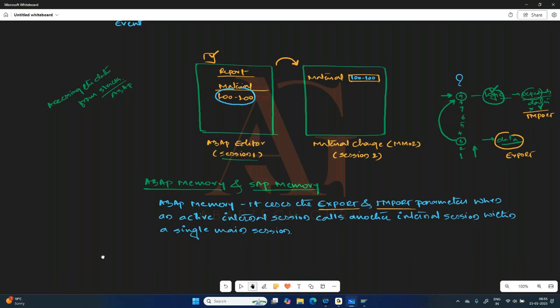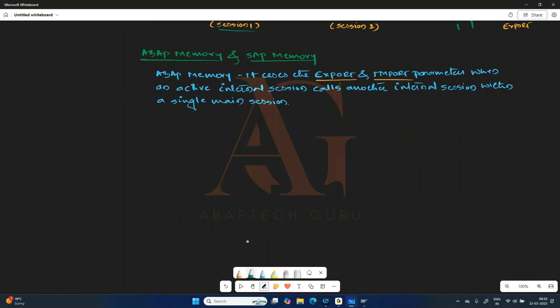So the syntax is: export your variable, work area or internal table from memory ID, anything, any name. Suppose you are staying in one of the cities, and suppose you want to send some parcel to